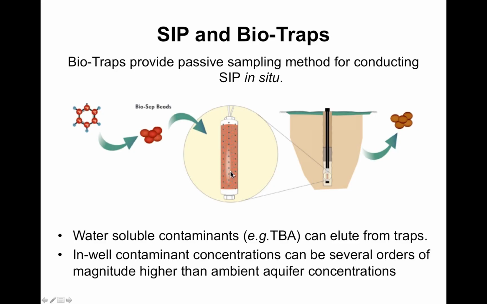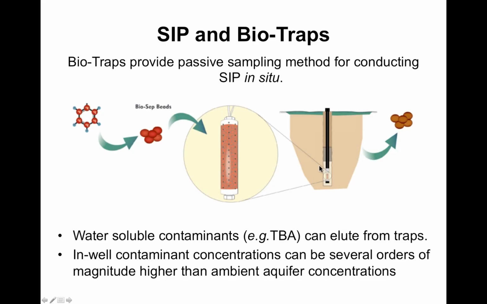utilized that labeled compound. One way you can do this is to do it in a biotrap, and certainly there is information, I think, available on the MI site that will talk a little bit about how you can do this in the field, adding a C13 labeled compound into these beads, which are then deployed in a well, and the microorganisms that we're interested in actually grow on the surface of the beads and then can